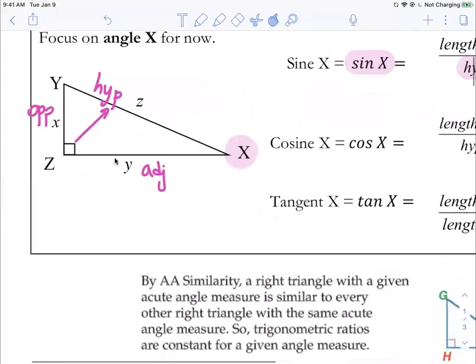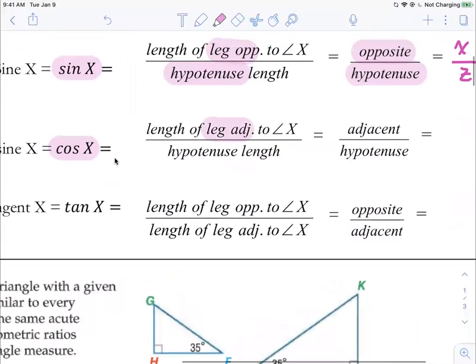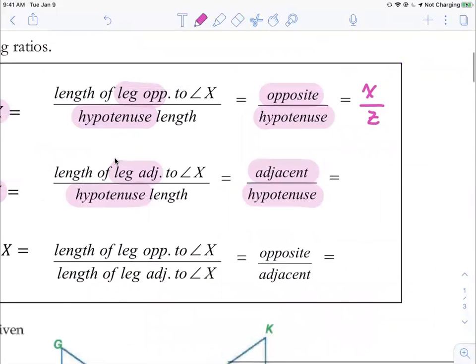And cosine. Cosine of angle X is abbreviated like COS, and you still say that as cosine X. It is defined as the adjacent leg divided by the hypotenuse. So adjacent over hypotenuse. The adjacent to angle X is little y, and the hypotenuse is z. So it'll be little y over z. On a problem that we're going to be looking at, there will be numbers there. So it might be like 1/3 or